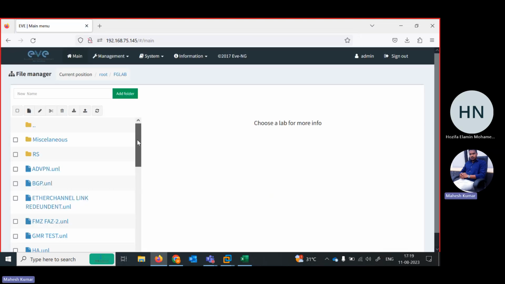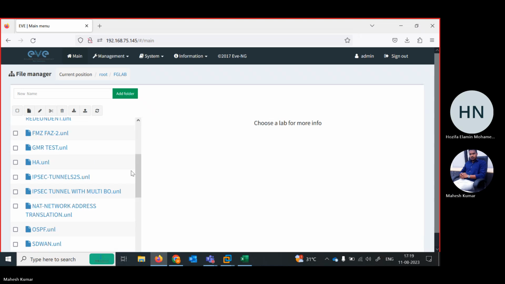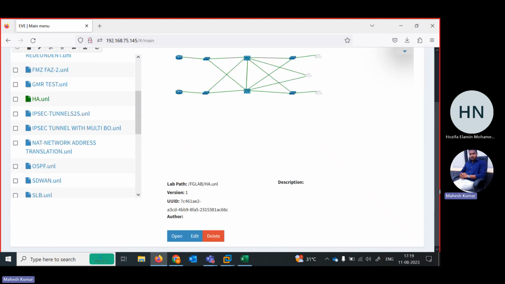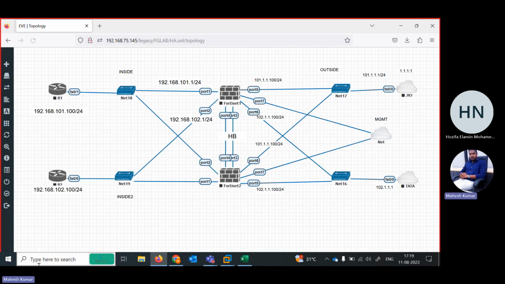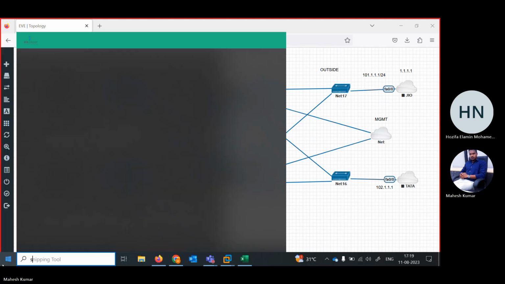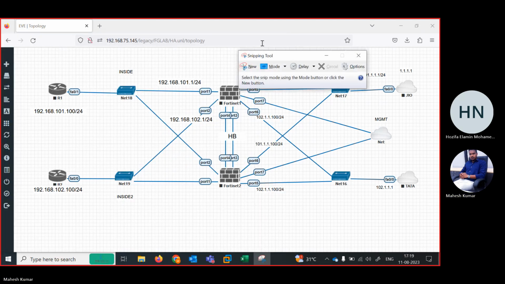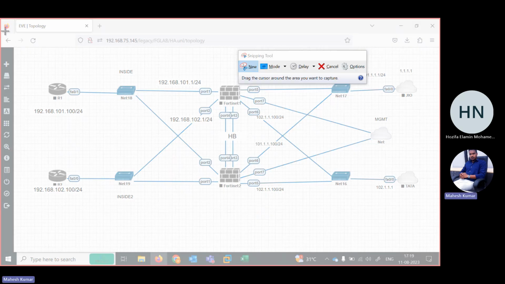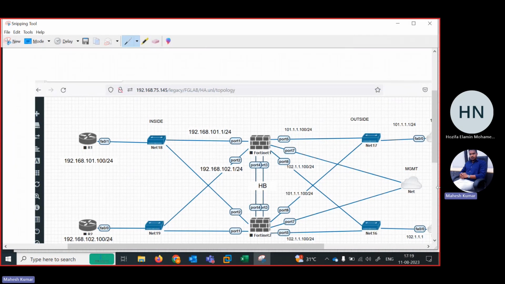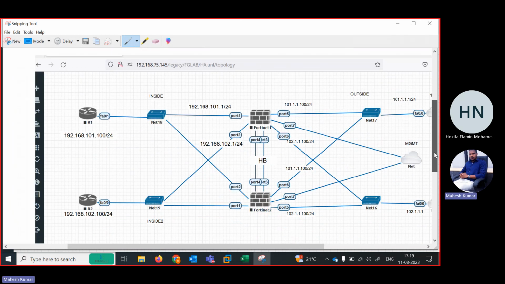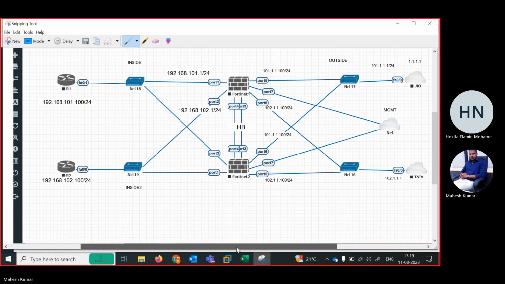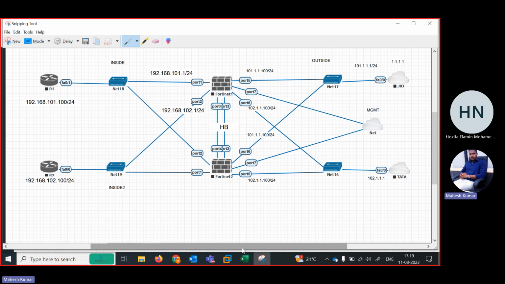So this is our HA. I will just explain what our diagram is telling. In this, we have two firewalls, firewall one and firewall two, and we are